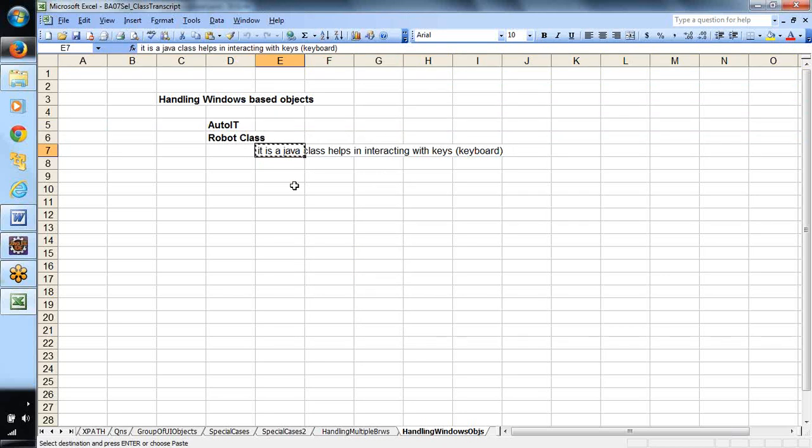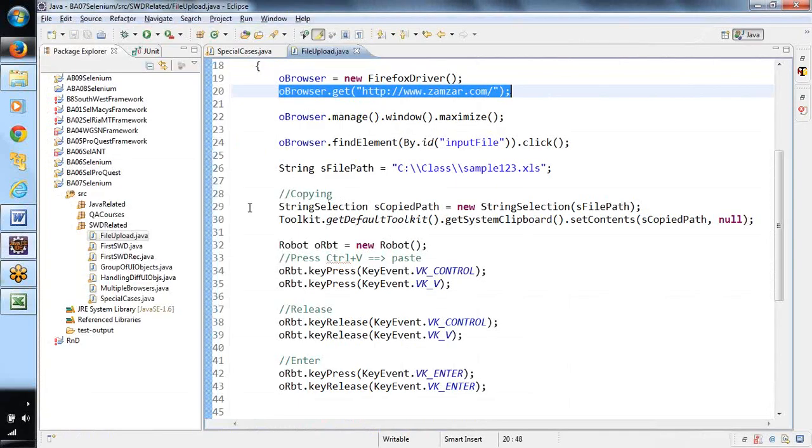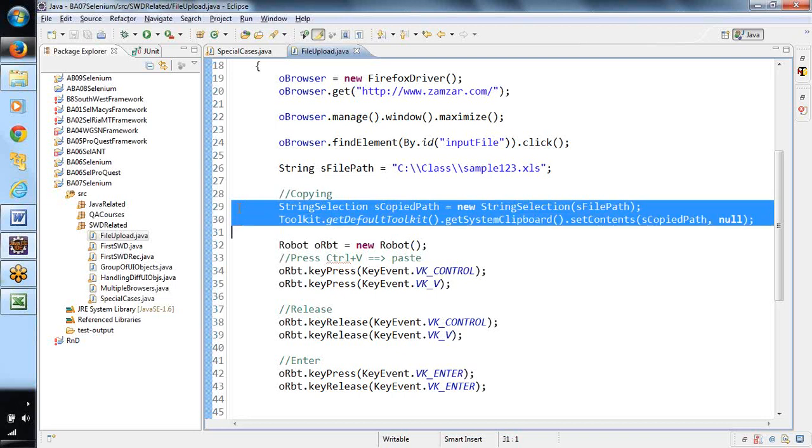Java is going to do something. That something is nothing but this one. If Excel has been developed in Java, when you perform any copy operation in Excel, in the background it is going to perform these two